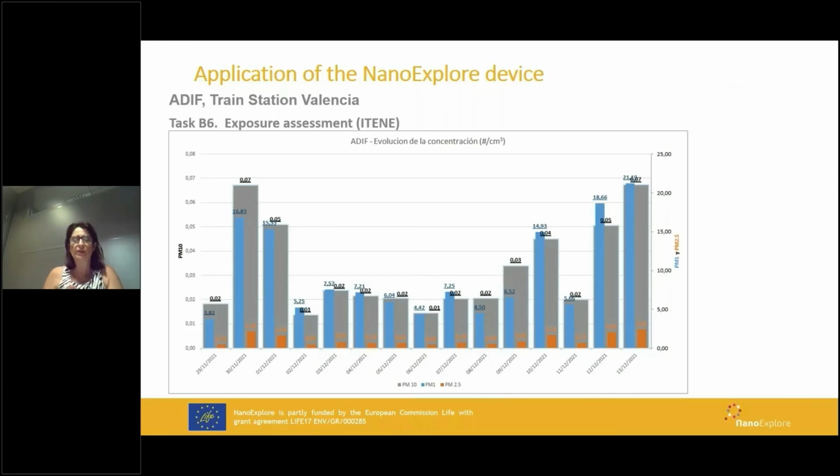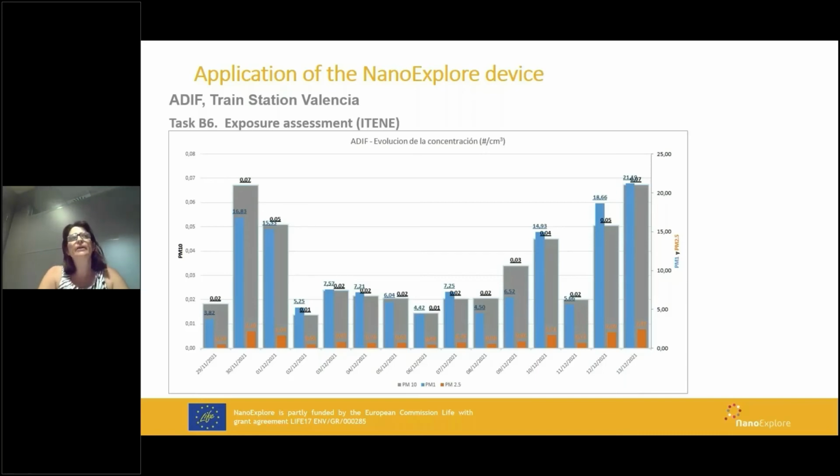We have used the NanoExplore device only when the product has been handled during the process. That means that we have measurements no longer than 4 hours continuous. This kind of measurement, the one I explain now, is a long-term measurement in order to check if the NanoExplore device can also take care of measurements lasting days and weeks,